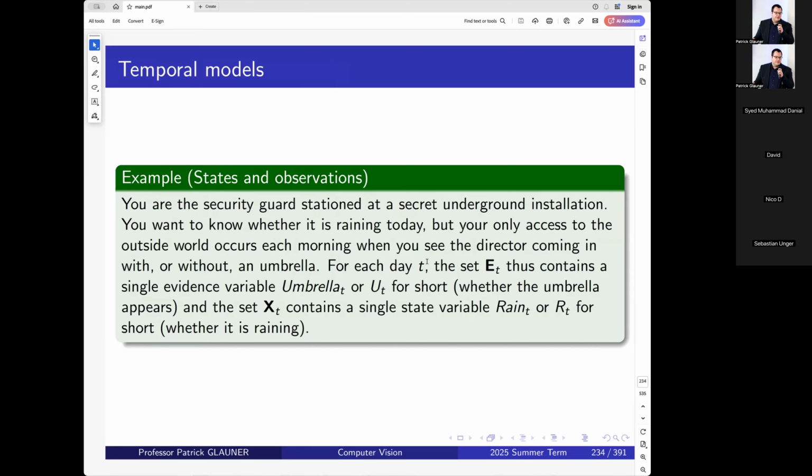And at every day t, the set E_t contains only a single evidence variable, umbrella t or U_t, which is a Boolean variable: whether the director brings an umbrella or not. That's your observable part, and the unobservable one is your X_t, which contains a single variable: whether there is rain at time t, or R_t for short. And you want to estimate whether it rains, so you want to estimate R_t from your evidence E_t,